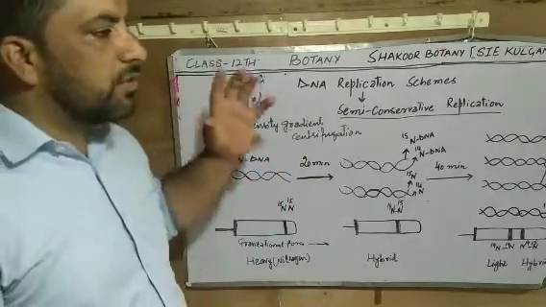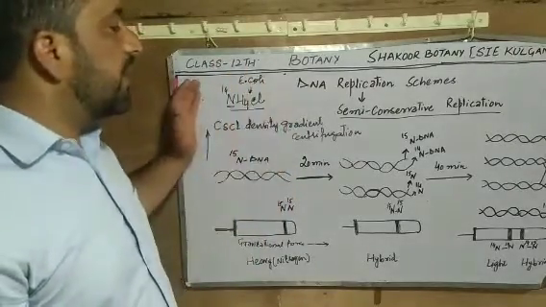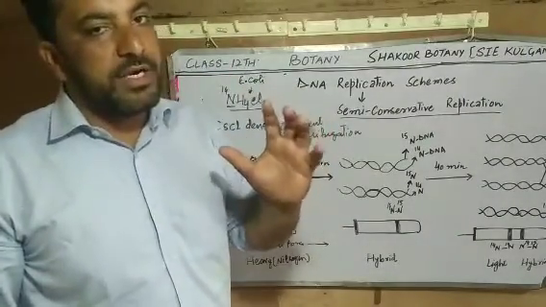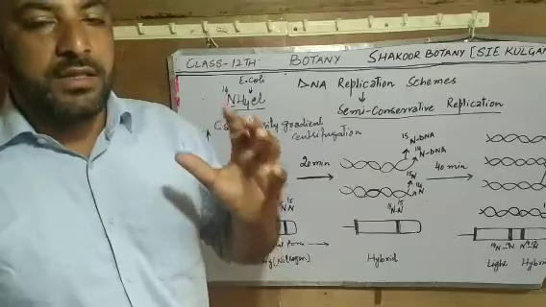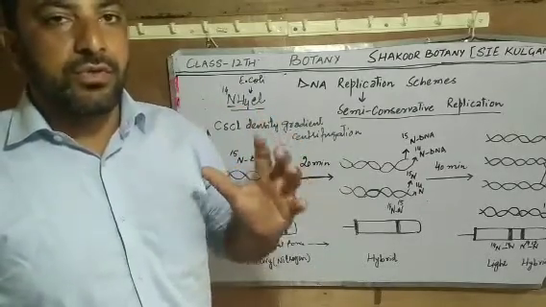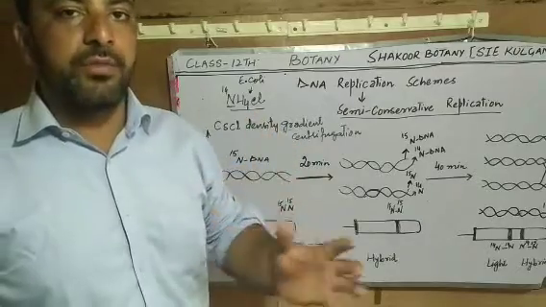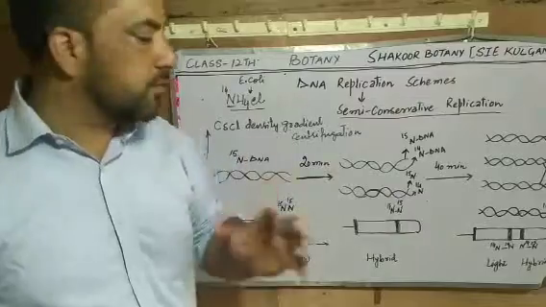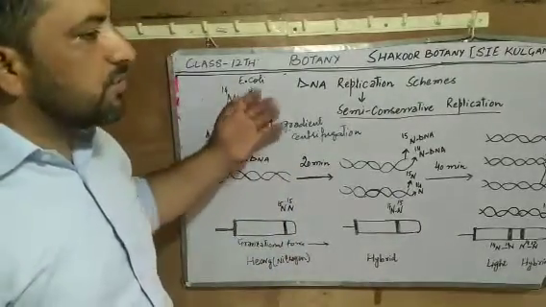For that they used E. coli, and they cultured initially this E. coli on a medium containing ammonium chloride. This ammonium chloride was having heavy nitrogen N15, so that this N15 gets incorporated into the DNA as well as other biomolecules of E. coli having nitrogen. So this DNA was isolated from the E. coli,